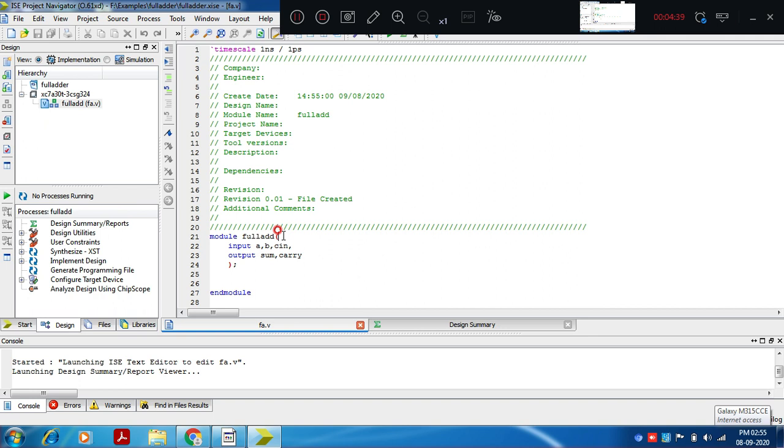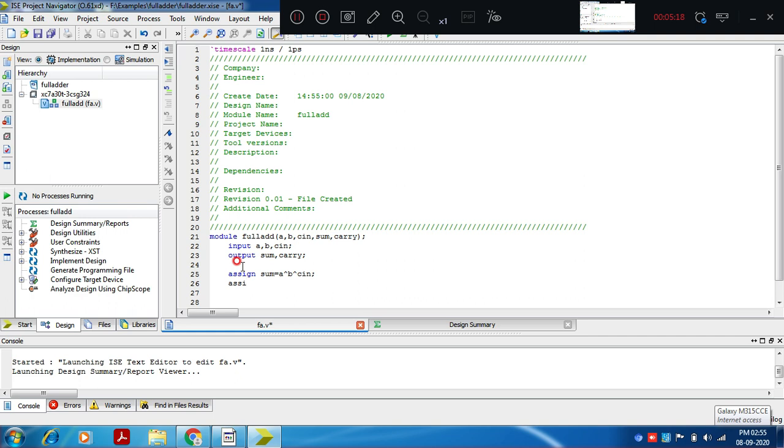Here you will get the module declaration part readily, so I'll write in our syntax A, B, Cin, sum, carry. A, B, Cin are inputs, sum, carry are the outputs. We'll write the data flow description. Assign sum equal to A XOR B XOR Cin.